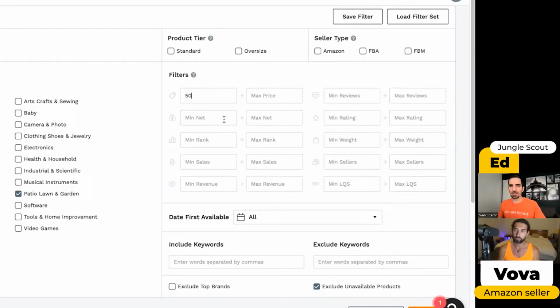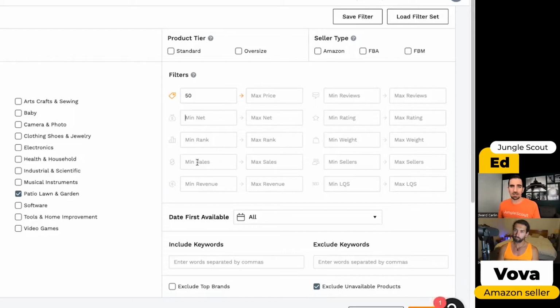been selling online, you can choose a lot of things like the net profit after all of the Amazon fees are accounted for. You can search by the minimum or maximum bestseller rank if you'd like to. If you know generally the dimensions and the weight of the kind of item you're looking to sell, you can put those in. I find that usually complete beginners don't really need to worry about any of that stuff, but